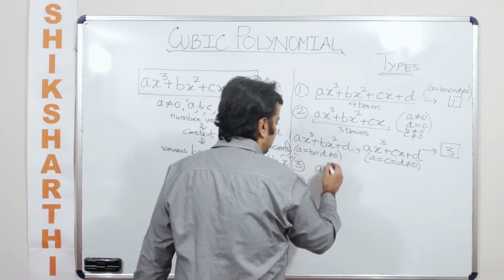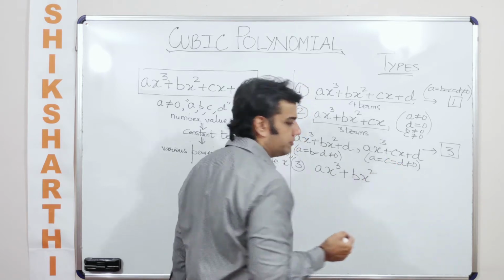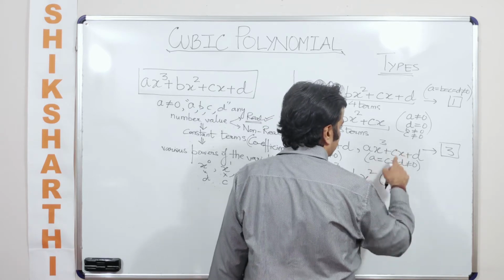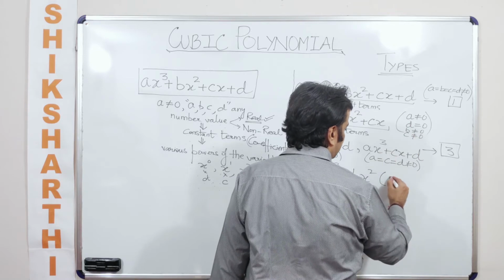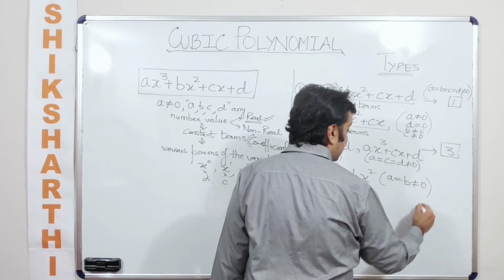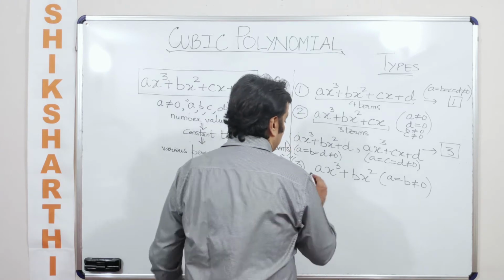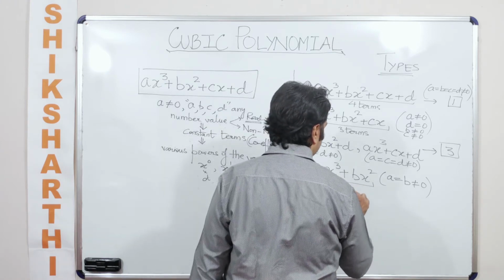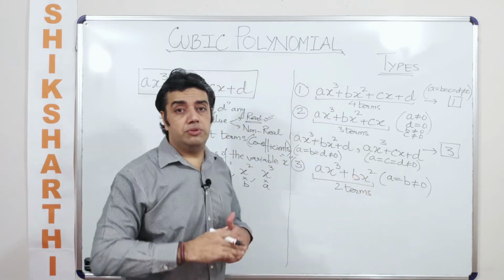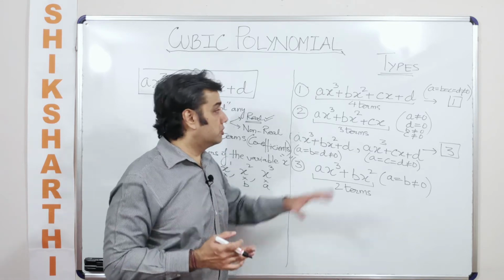So let's keep on eliminating like this as we were eliminating earlier. So ax cube plus bx square is the basic one that you can get from here, right? The basic condition that you need to specify here is what? You will say that a and b both are non-zero real number values. Now how many terms are we having here? We are having 2 terms. And believe me, this is going to help us a lot when we are talking about the type of factors or the type of roots that can be formed because of this discussion.